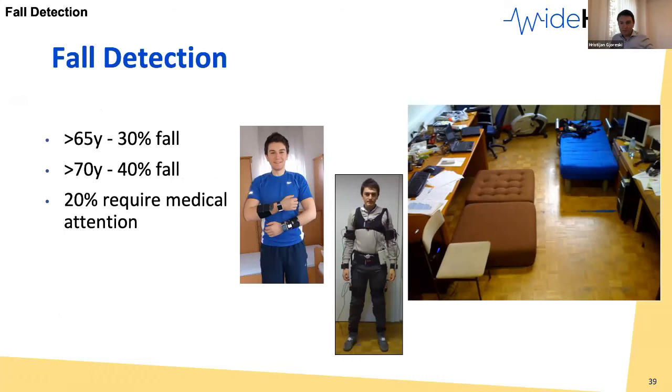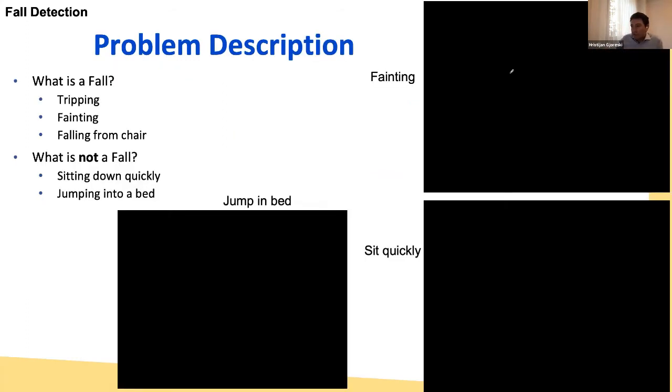Okay, now let's forget a little bit about activity recognition and go for fall detection. So the problem with falls is that people fall. The older they get, they fall more often. The problem is that some of these falls require medical attention. So a smartwatch to call the neighbor or some service that the person has fallen. So what we did here,